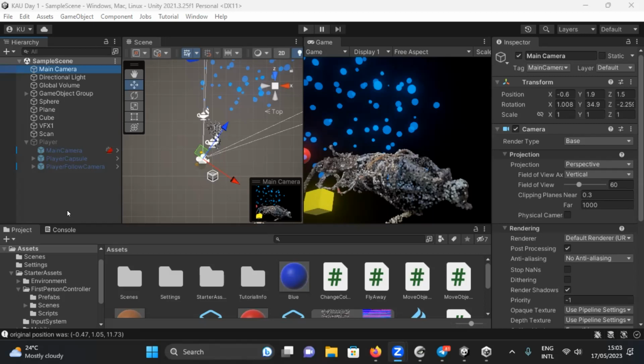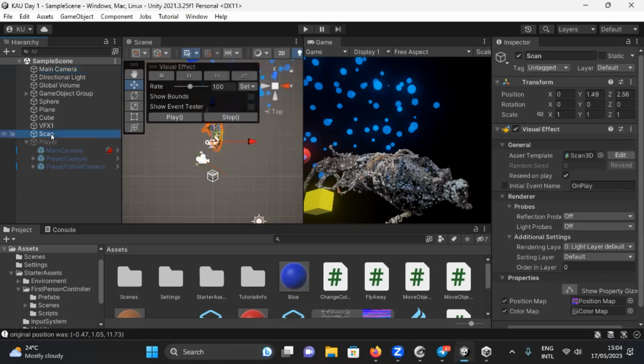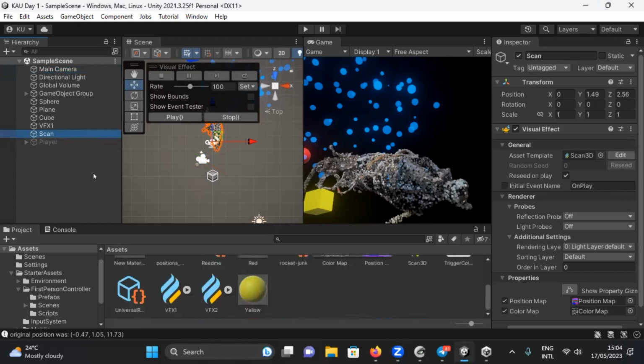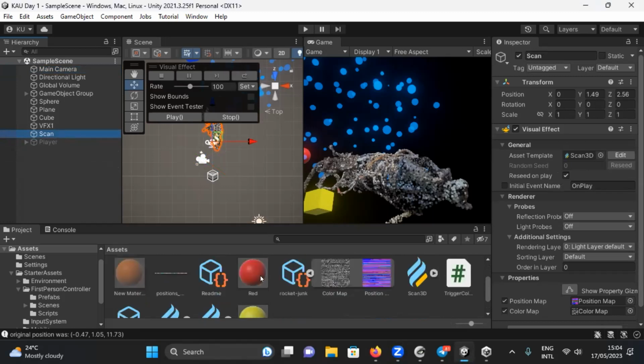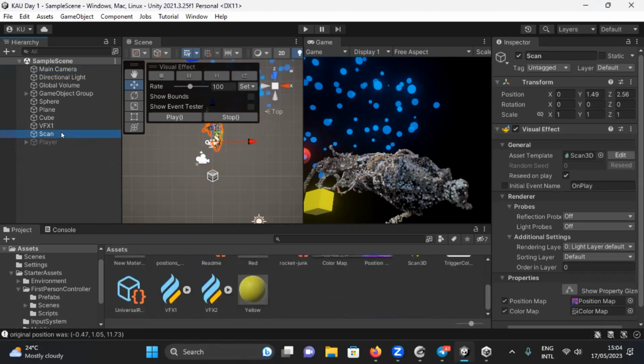Okay, let's keep this simple VFX graph, the one we made for the scan. Let's keep that one,